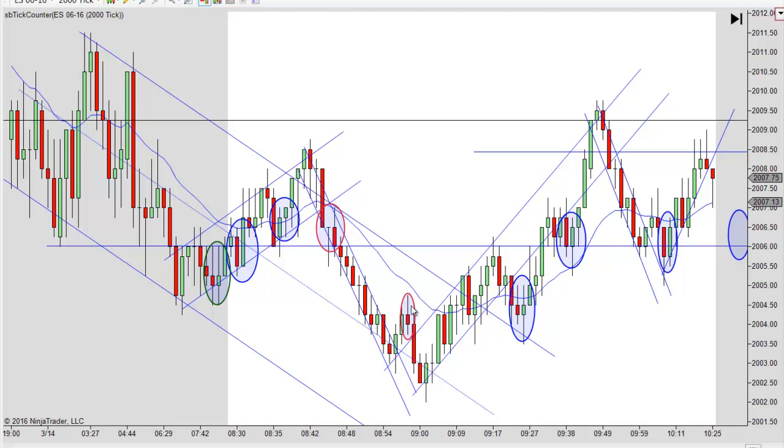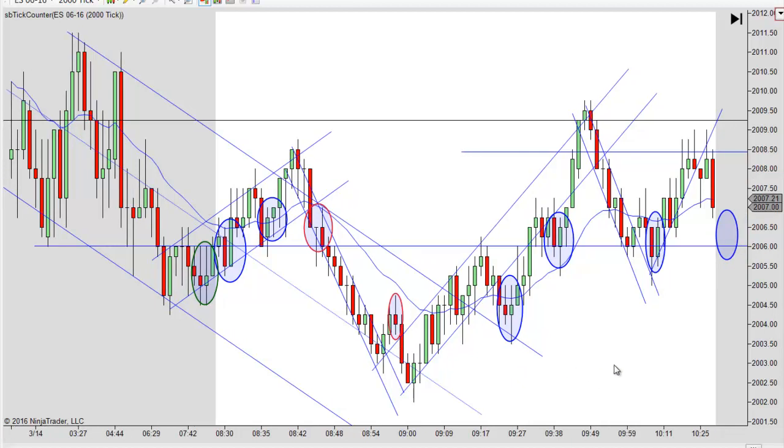You get your failed second entry long here. Notice the new high, pull back first entry, pull back second entry, and this is a big, huge move, and it kind of comes back to the EMA, turns down, and you figure it's going to test that low and probably make a new low. So I like taking that trap there. And it's not a very good signal bar, but again, it's like a failed second entry long, or it is a failed second entry long.